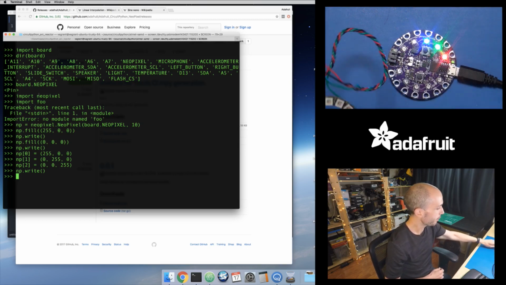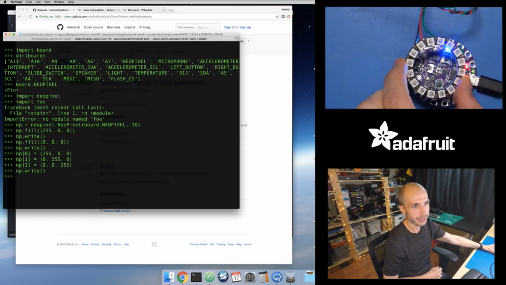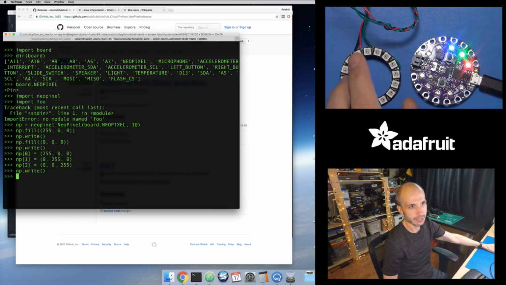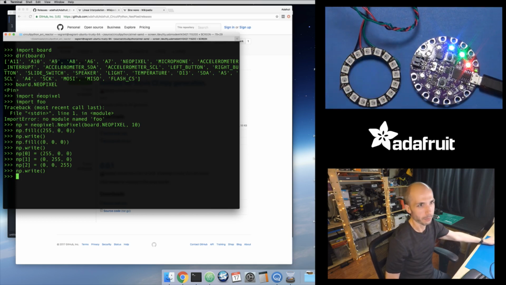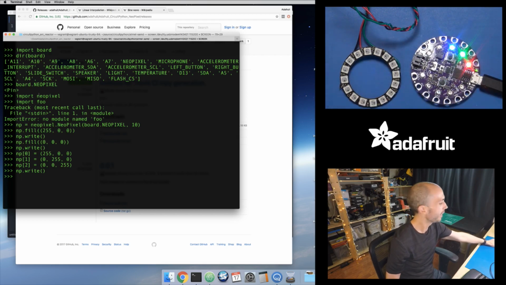So what I'm going to do is I have another little ring. This ring's not big enough to put around the Circuit Playground, but it's good enough to just demonstrate. It's the same hardware. And later on, I'll solder up this larger ring and then make this a proper Circuit Playground CircuitPython version of the Arc Reactor,